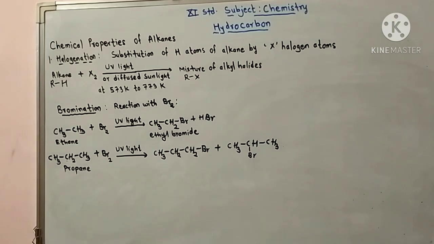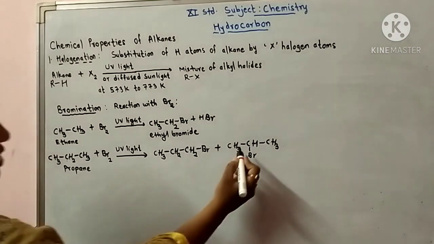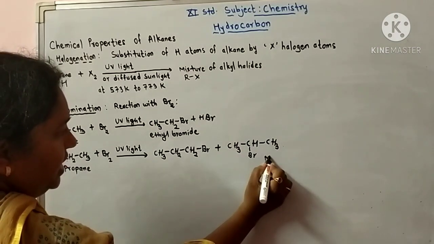So two products are formed, 1-bromopropane and 2-bromopropane. Out of these, 2-bromopropane is the major product